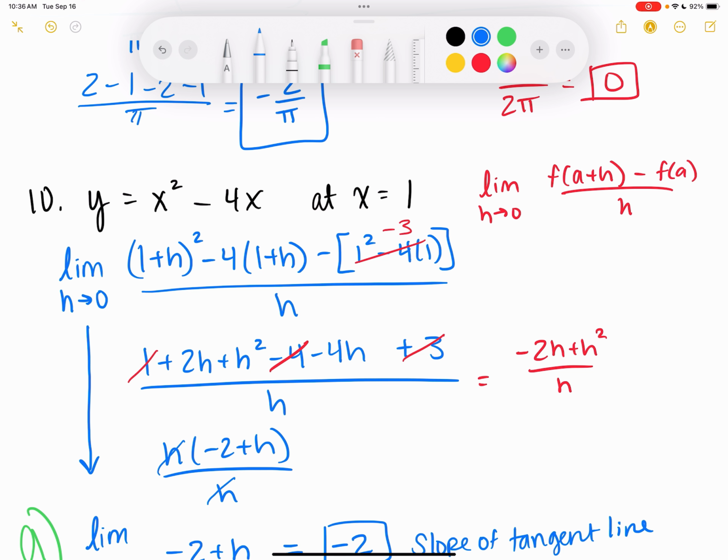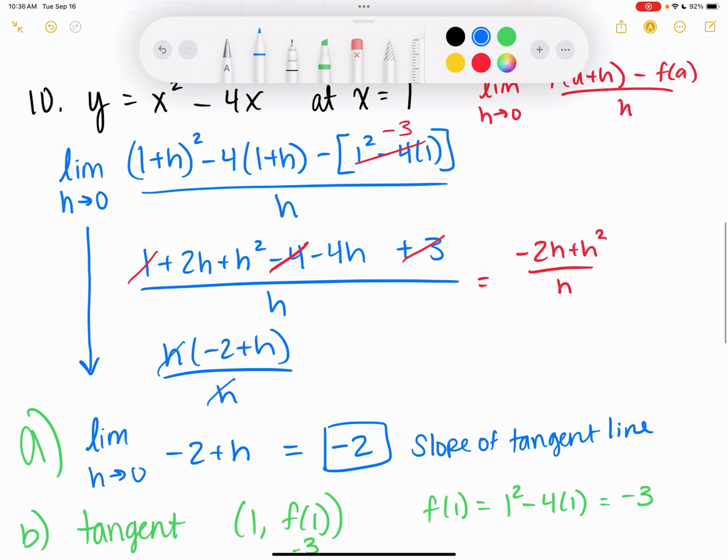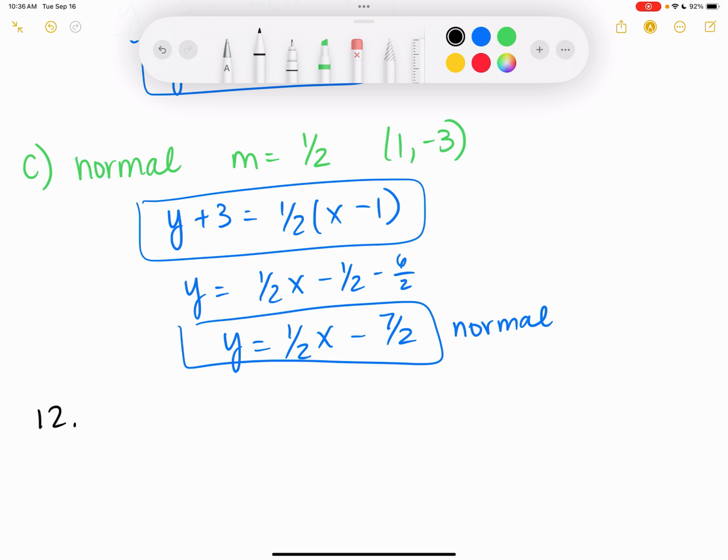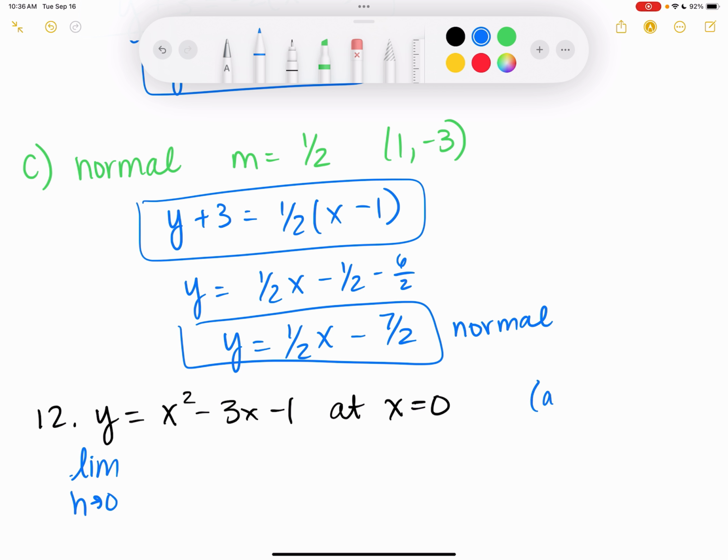Let's see. So another example of this, 12, is y equals x squared minus 3x minus 1 at x equals 0. So using the formula, the limit as h approaches 0 of f of a plus h, well, that's just 0 plus h for the a plus h part. So if you want to just write h,